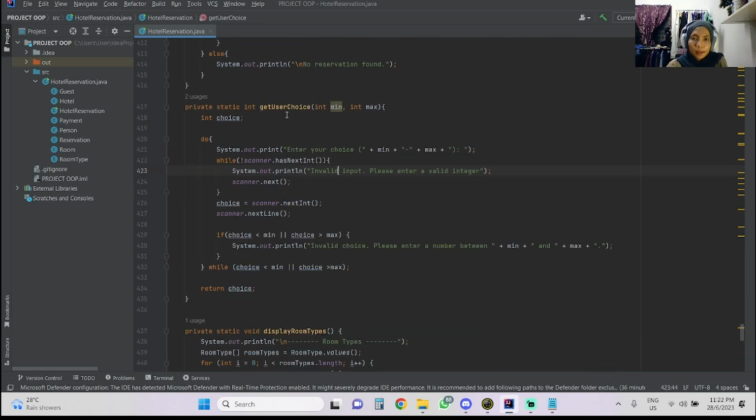Okay, next is the get user choice function. It declares a variable choice, and it has a do while loop. It's going to print out enter your choice and the minimum and maximum number. Let's say there are 4 choices, the minimum being 1 and the maximum being 4. And then while the input is an integer,